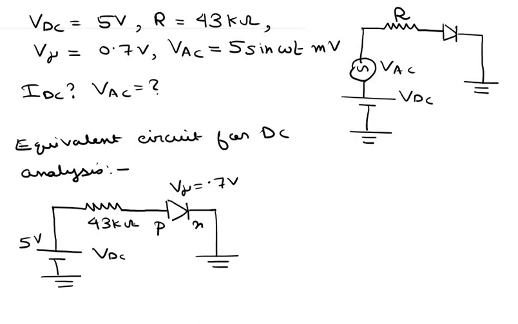Okay, so the diode is in conducting state because this applied voltage is actually greater than 5 volts. If this applied DC voltage were 0.3 volt, then this diode would not be in conducting state. Since this applied voltage is actually 5 volts, this diode is in conducting state, and the voltage across the diode is actually constant at V gamma. This is what the piecewise linear model tells us.